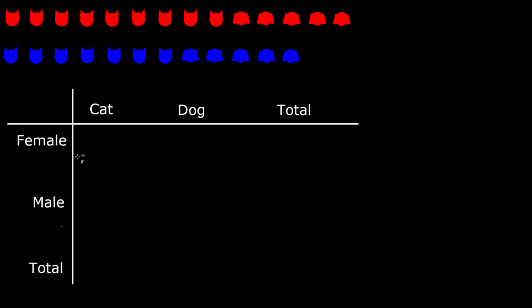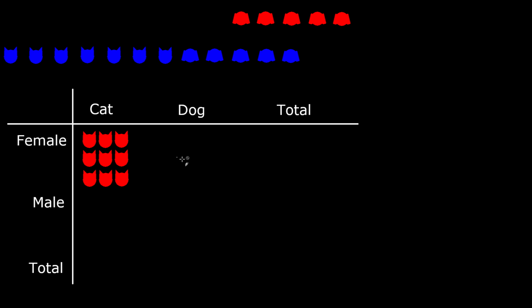So female, male, total, cat, dog, total. And now I'll just do the same thing. So in this section right here will be all the females that chose cats. In this section here will be all the females that chose dogs, and so forth and so on. So males that chose cats, males that chose dogs,